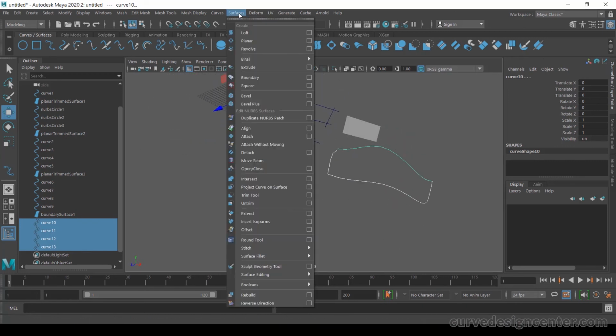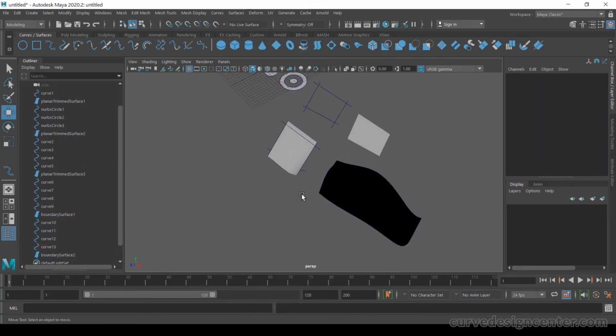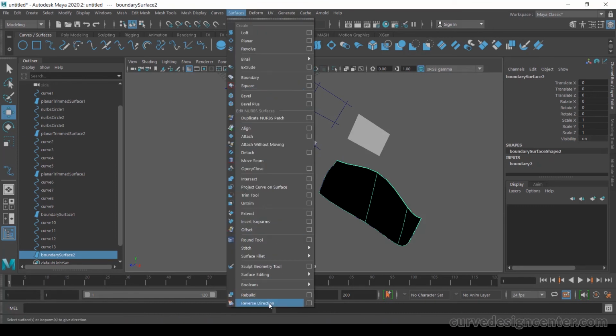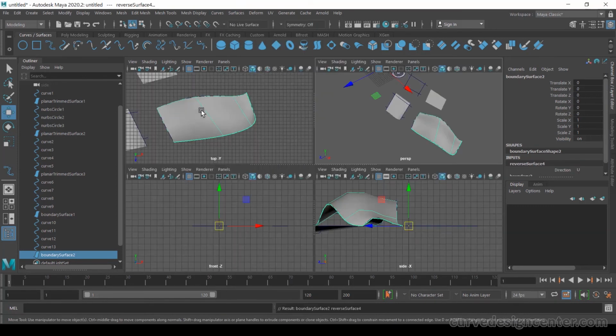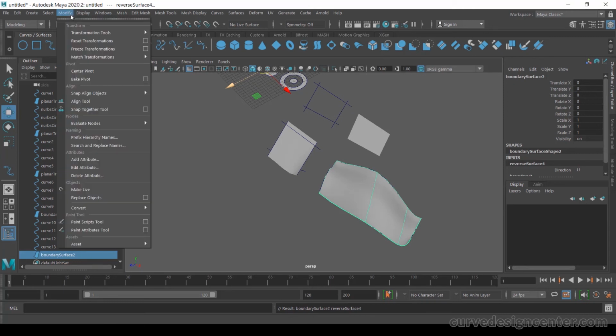I choose surface and boundary, select this surface, first deselect and select, and then go to surface and reverse direction. If you want to make this the pivot center, go to modify, center pivot.